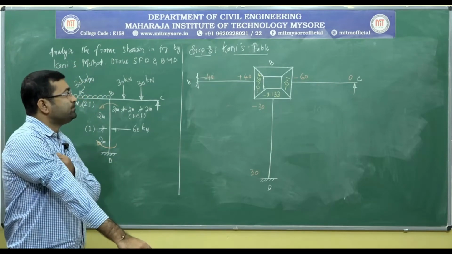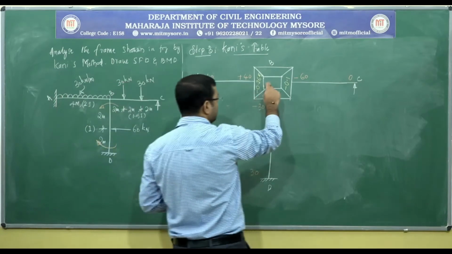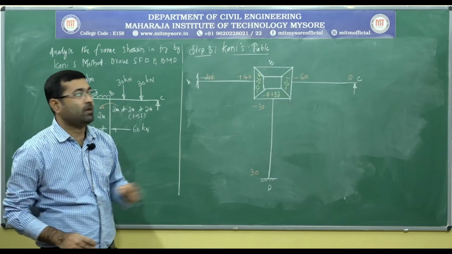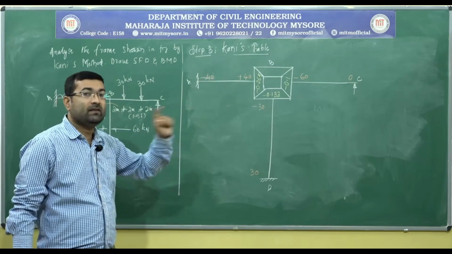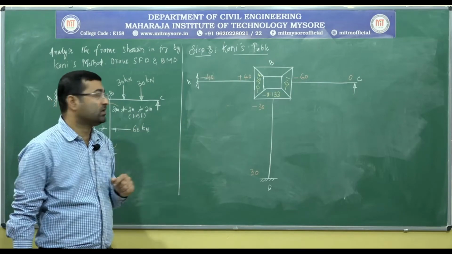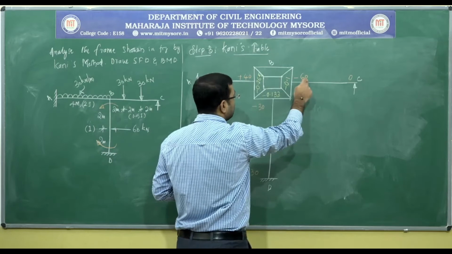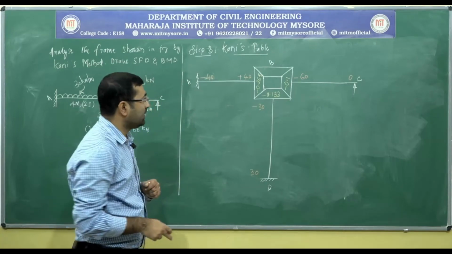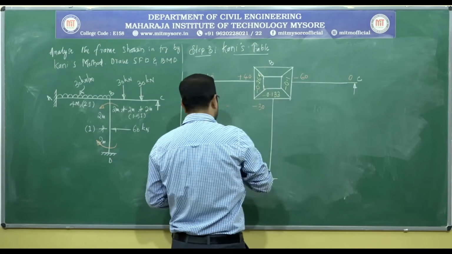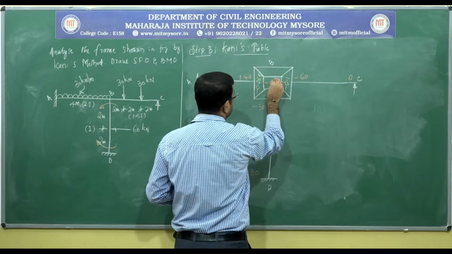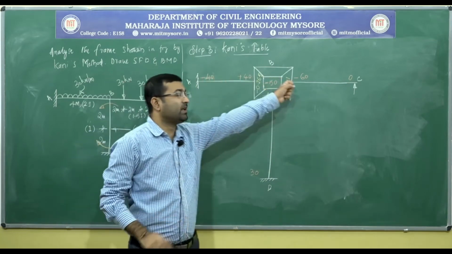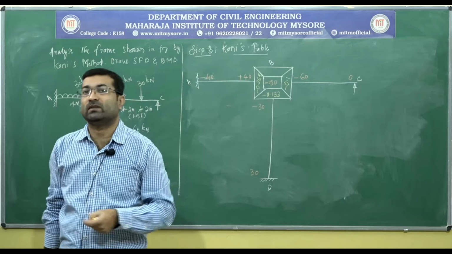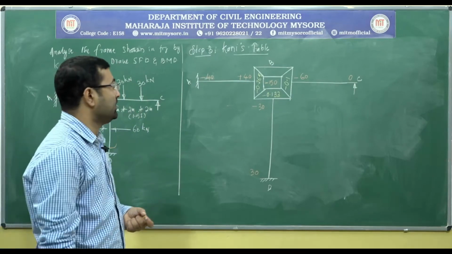Okay. Now inside this small box we need to write the algebraic sum of fixed end moments at joint B. At joint B we have 3 members, so we need to take the sum of all the 3 members, that is plus 40, minus 60, minus 30. So we need to take the sum of all these 3. So that gives us a value of minus 50 kilonewton meter. 40 minus 60 minus 30, so minus 60 minus 30 is minus 90. Minus 90 plus 40 is minus 50 kilonewton meter.